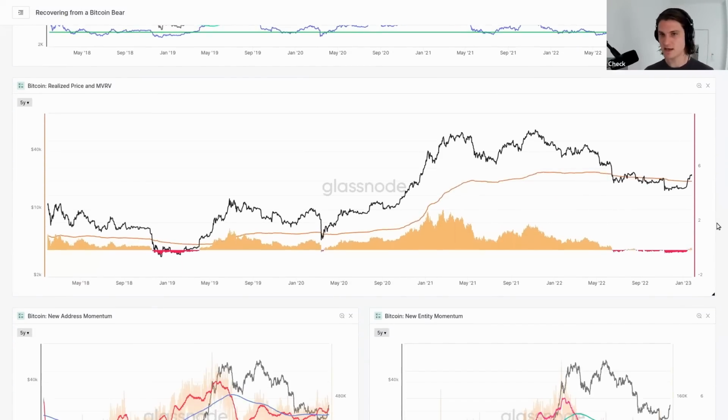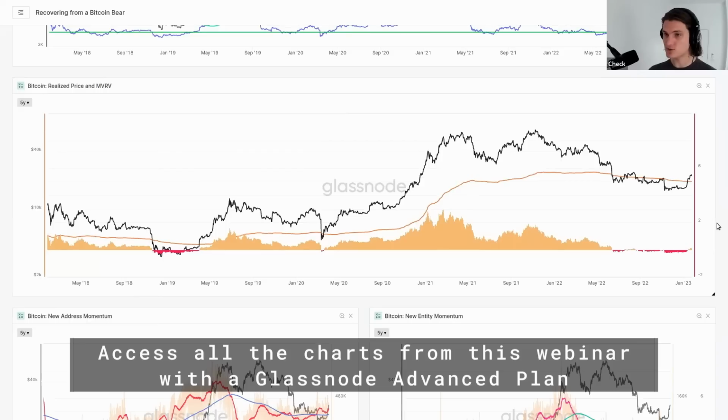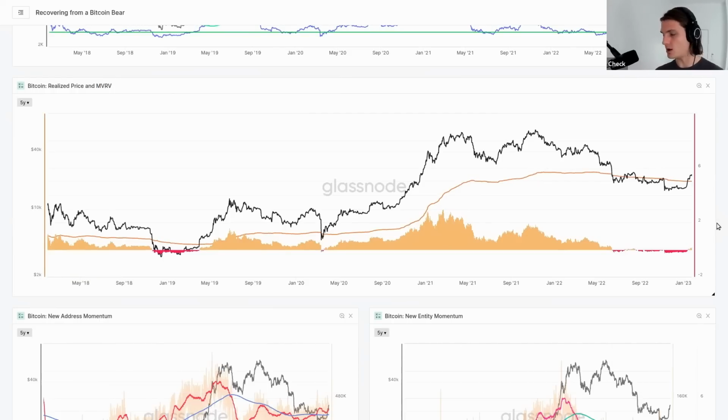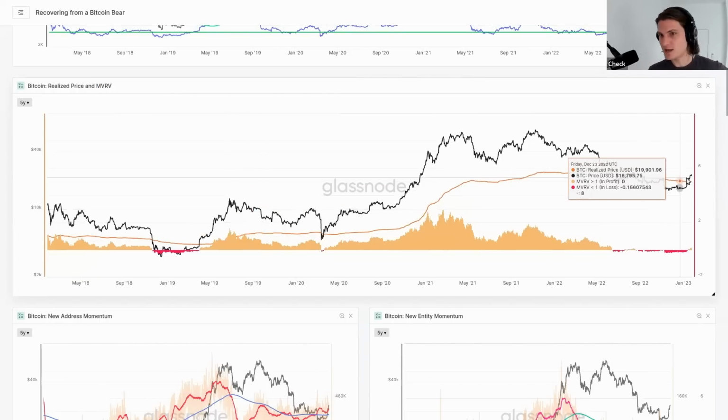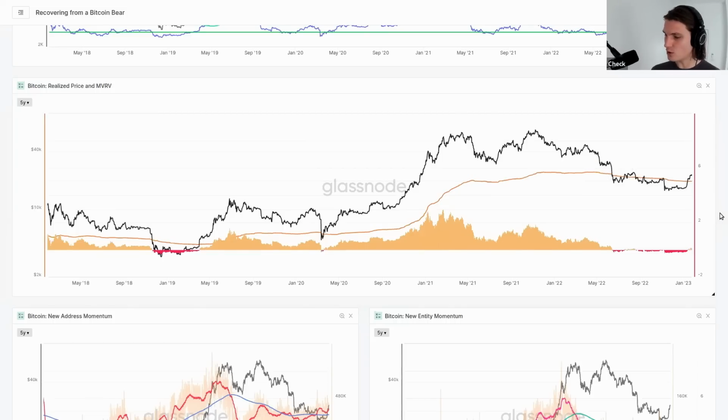Now, interestingly, the realized price, this is what I would say is kind of the most important concept, but certainly indicator for the Bitcoin space. And that's because, like the 200-day, it is widely observed. Lots of people pay attention to this thing. And it is essentially the cost basis of the entire market, and it tends to show up as a form of floor model. Now, what we saw here is that I think the 200-day was at 19,500 and the realized price was at 19,700. So in one move, we essentially blew through both of those models,